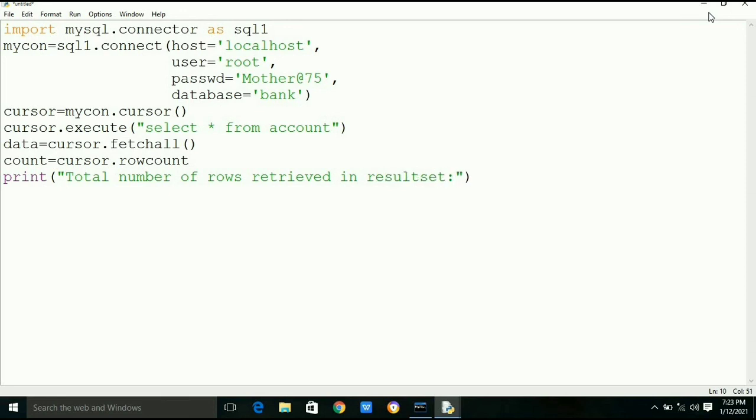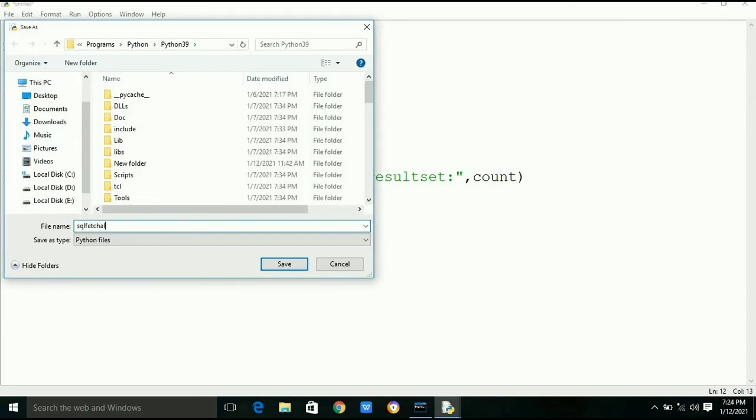As there are 5 records in the data tuple, now we will loop through data and print it one row at a time. We will save the file with any name as per our choice. After saving the file, we can run the program.